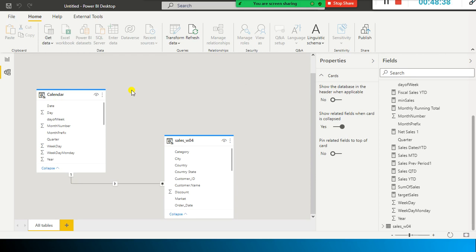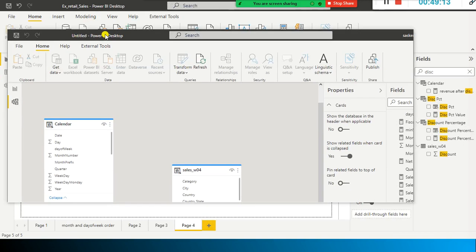We use Power BI datasets because we don't want the data models we created to be disturbed. If you give access to every developer, they can delete it, rename the column, or even delete a table. For example, if date and order date got linked here and they change it to something else, your visuals will not show anything. To have a centralized control, we use Power BI datasets.